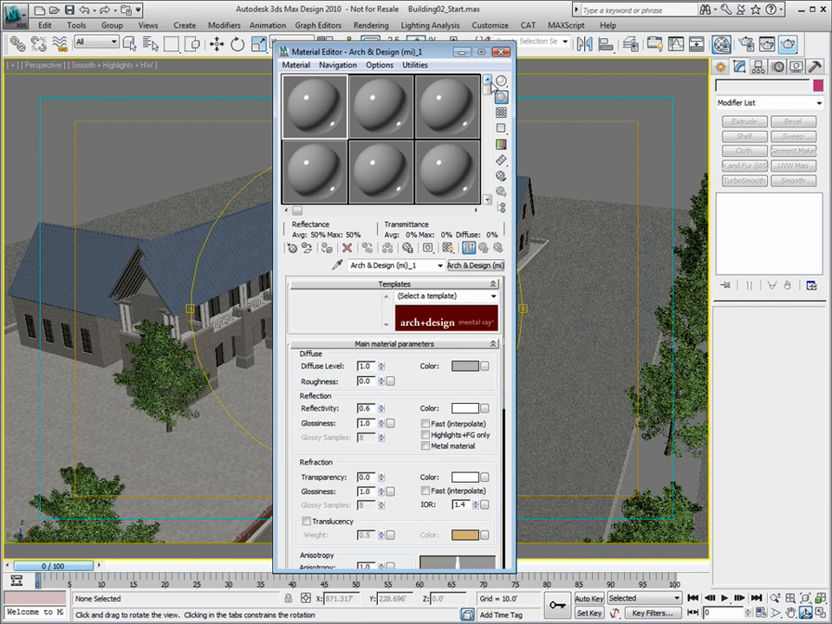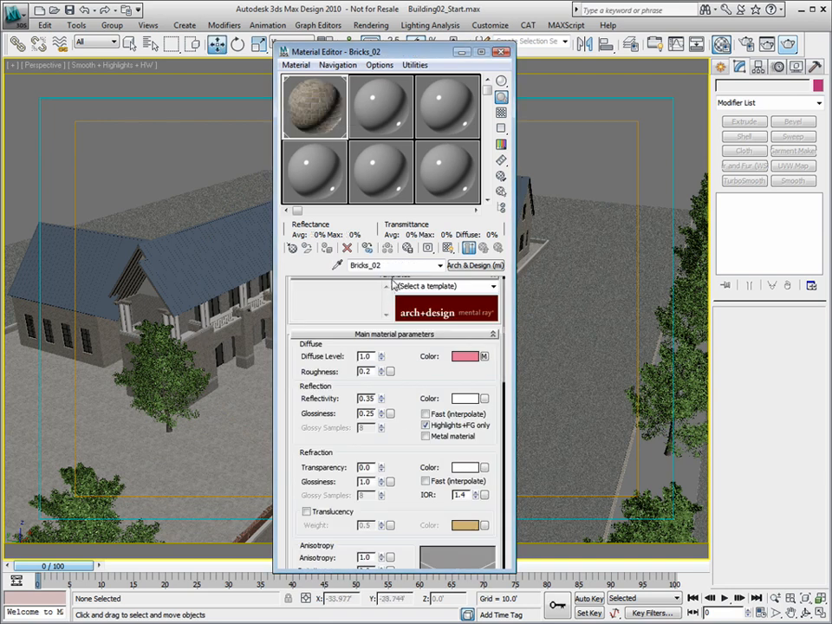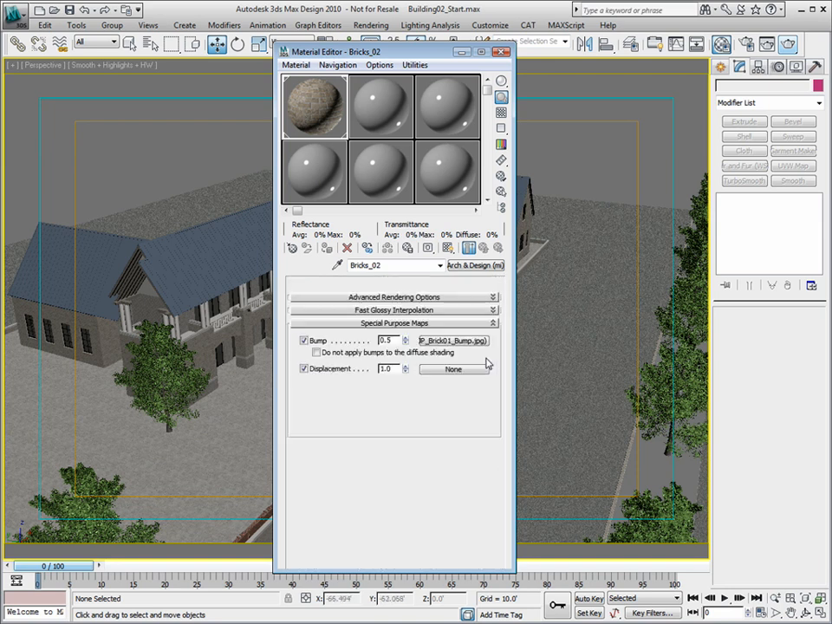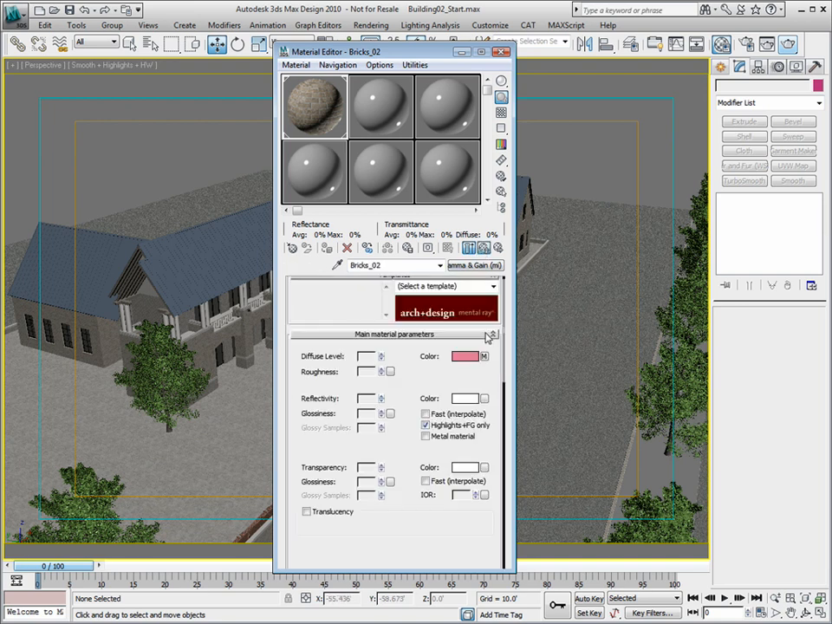But I'll have a more in-depth video on materials themselves later, so if you need information on that, you can go to that particular video. But I will bring some of the materials in here just for a quick view, such as this material here. Most of the materials that I use, I believe probably all of them, are Arc and Design materials. This brick map, I've just gone in and assigned a brick texture map to the diffuse color here of this